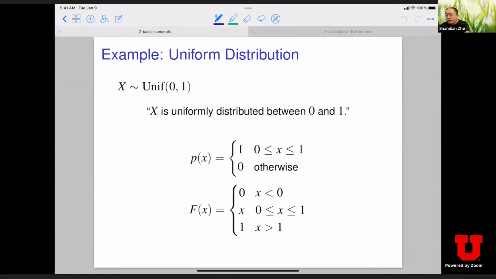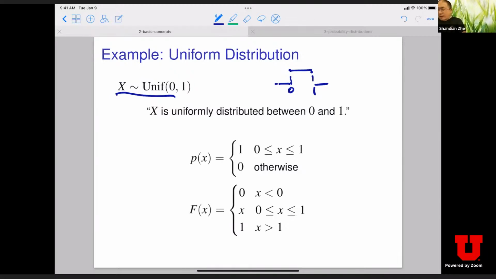So here we can take a look at some examples. I believe this appears in your previous text. Note that if we talk about a uniform random variable, uniformly distributed between 0 and 1, this is the standard uniform distribution. We know its probability density will be something like this. So this is 0, this is 1. Outside of the range 0 to 1, the density is simply 0, and between 0 and 1, the density is simply 1.